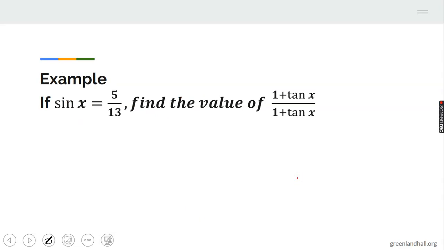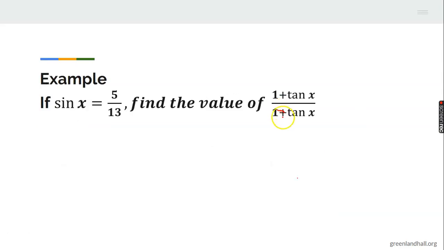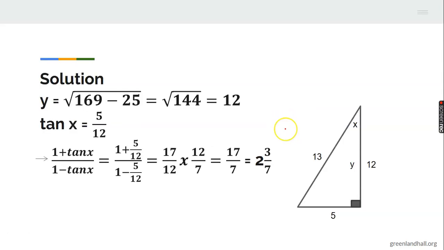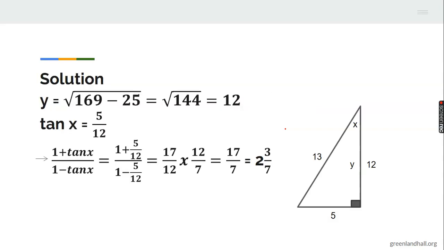Another example is this. You are given that sine x is 5 over 13. Find the value of tan x over... here is minus, I'm sorry, here is minus. So we need to get tan. We use Pythagoras Theorem to get